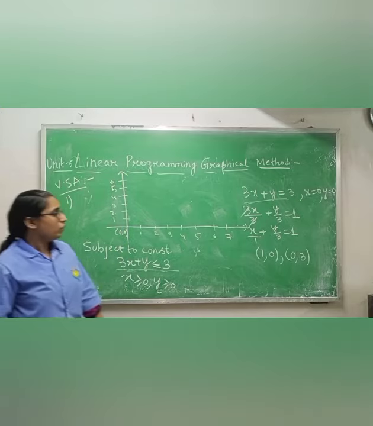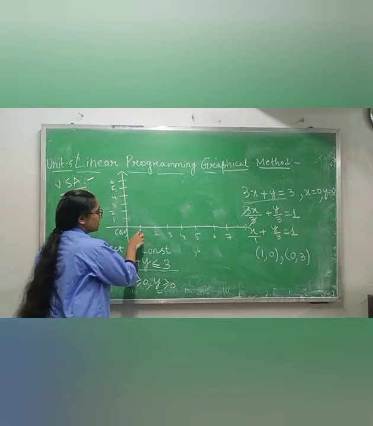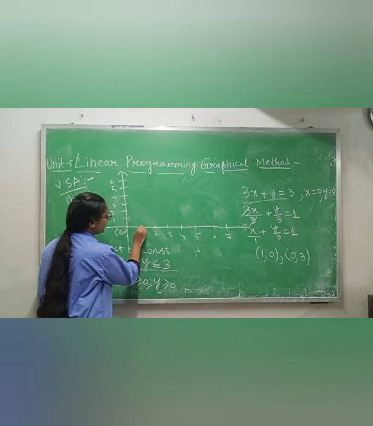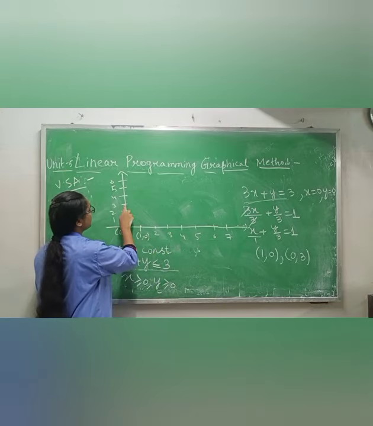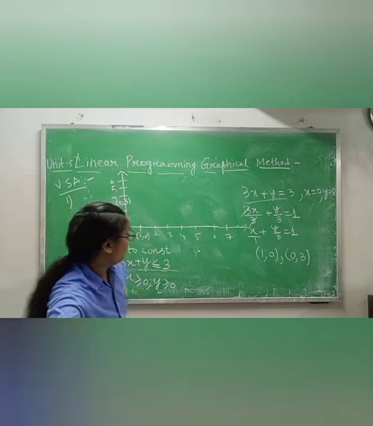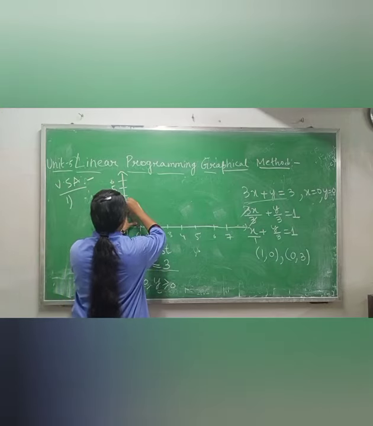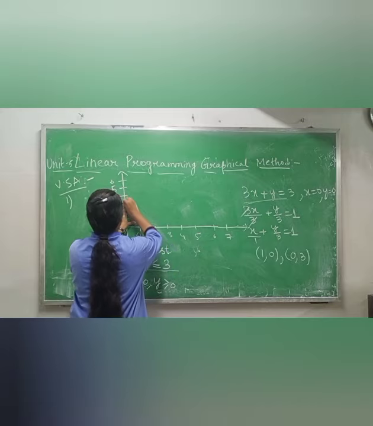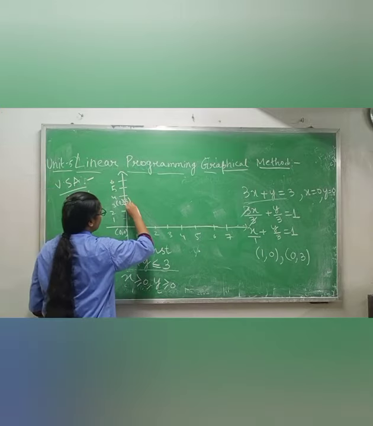Okay. Now, which 2 points we have to plot? 1 comma 0. So, where this 1 comma 0 will come? X is 1, y is 0. It means here it will come. So, what I will write? 1 comma 0. And then 0 comma 3. X is 0 and y is 3. It means this point. 0 comma 3. Now, by using these 2 points, we will make one straight line. Please use your scale to make this one.